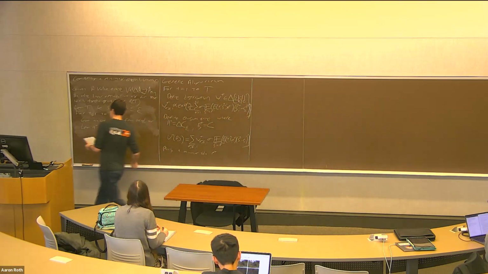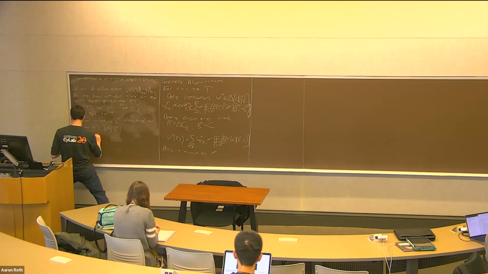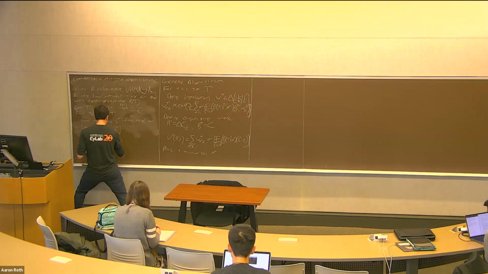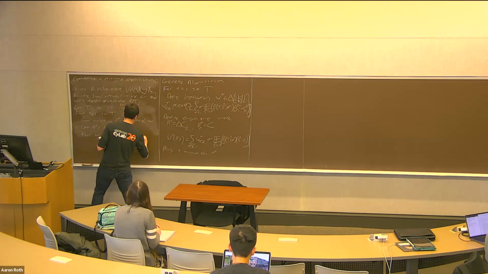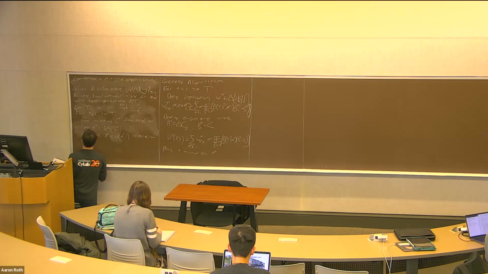And so we feed loss L_t, which is equal to the utility function of the game, to the online linear optimization algorithm. Okay. And at the end, when this is all done, after capital T rounds,